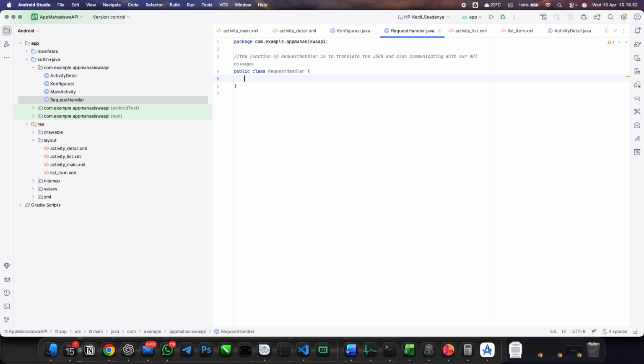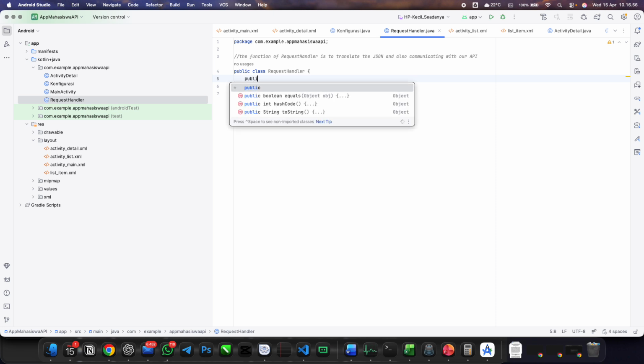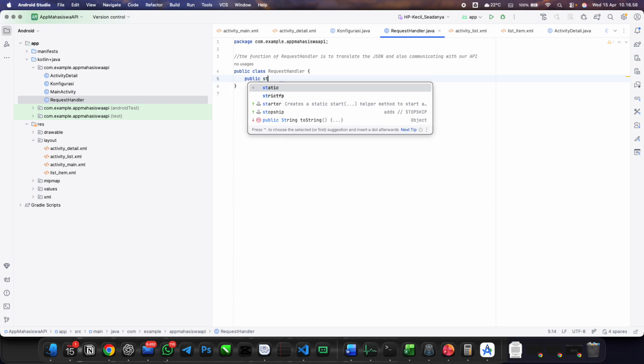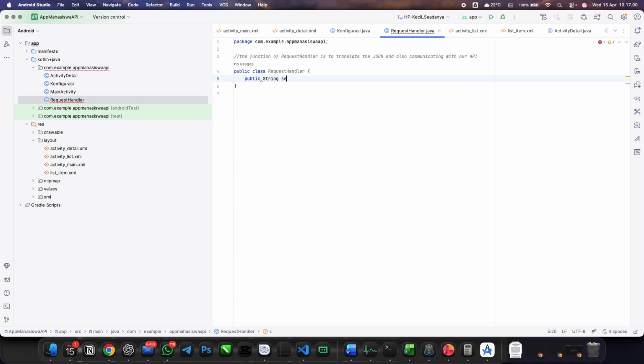So we will create a new function, public String sendGetRequest, and we will point the request URL in here.